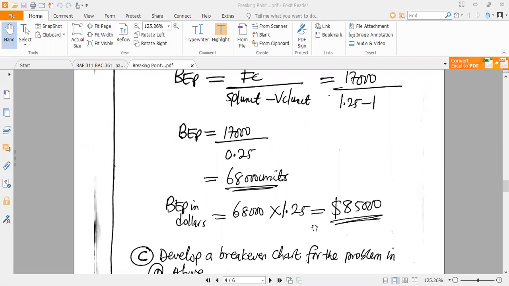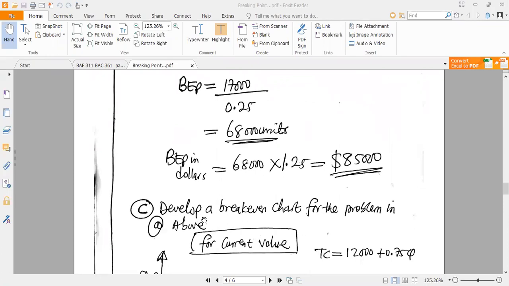Okay. Now part C of the question says develop a break-even chart for the problem in A above. So, meaning we have to come up with a break-even chart for the current volume and also a break-even chart for the new equipment. So now, for the current volume,